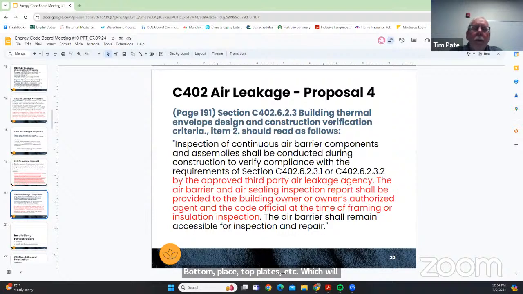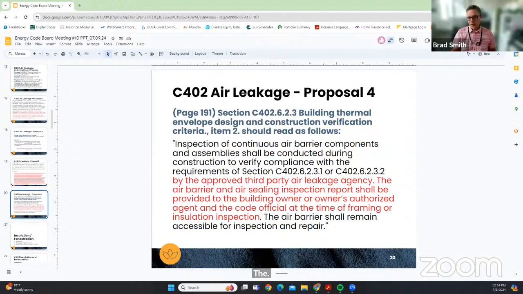But that's by their choice. I'm not sure codifying that is the right thing. Yeah, thank you. So commercial air leakage test firms want to do that if they're contracted early enough.